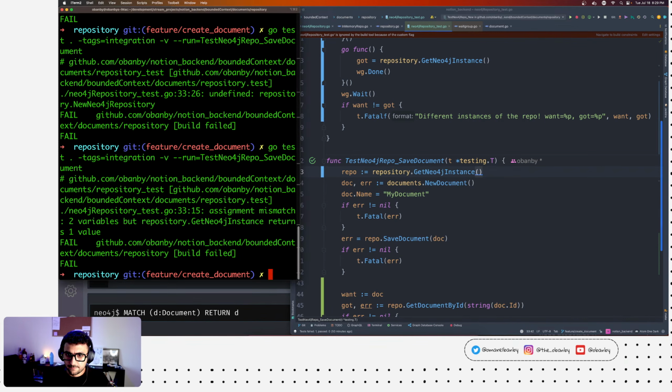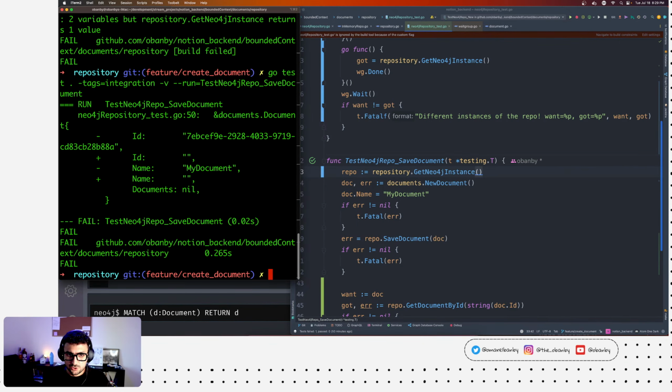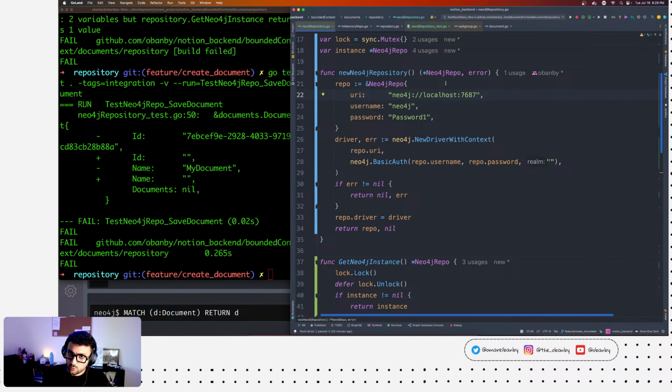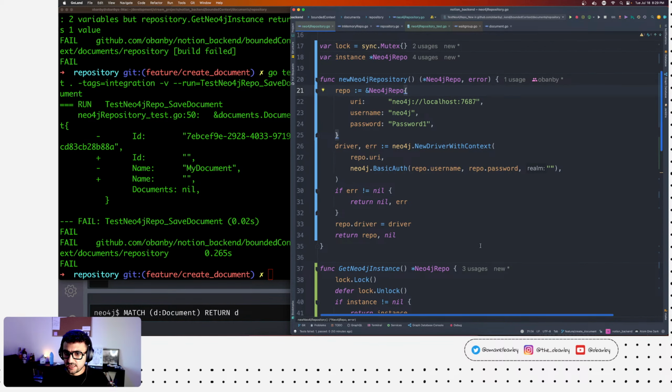Bam. Sweet, we're back to green. But now there is one last issue here, which is that the get instance is only returning the repo, and we're not using that error whatsoever, right?